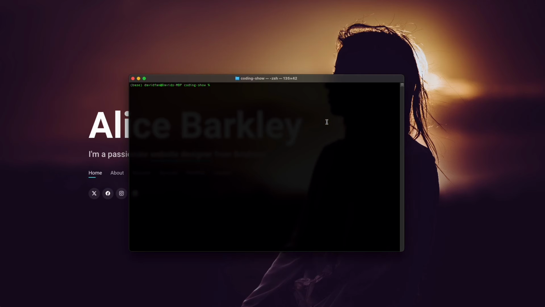So to quickly start off this project, you just need to open up your terminal on your desktop or your laptop. Find out the directory you want to put this project in. I'm using Mac, so I found my directory, which is this one. And then quickly we just type in the code